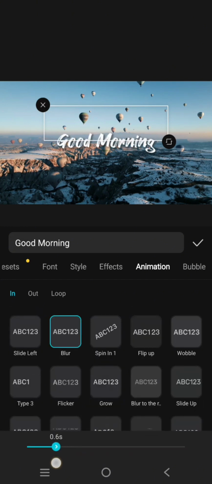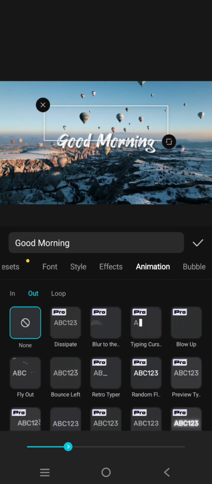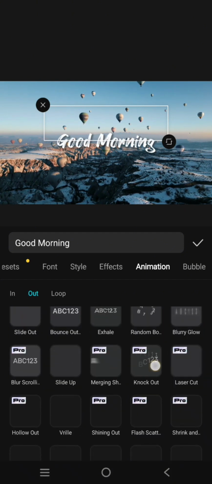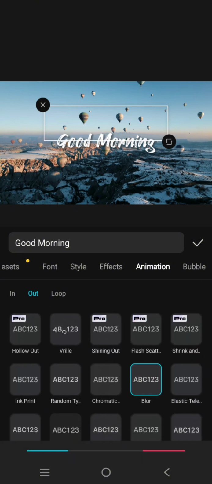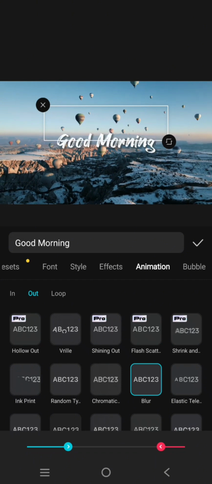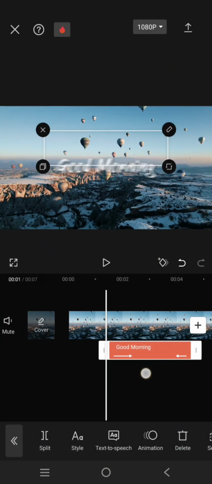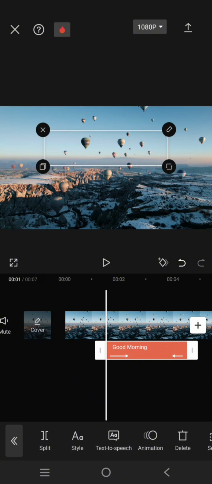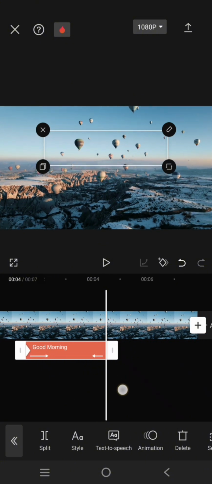I'm going to set it to 0.8 seconds. And also the out animation, I'm going to also choose the blur, this one. So for the end, I'm going to lower it to 0.5 seconds. Now click on the check icon, then add a keyframe at the start of the text, and also the end,